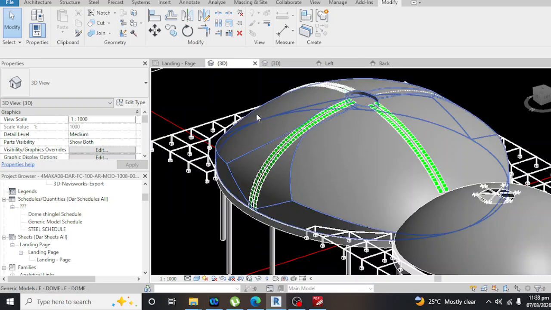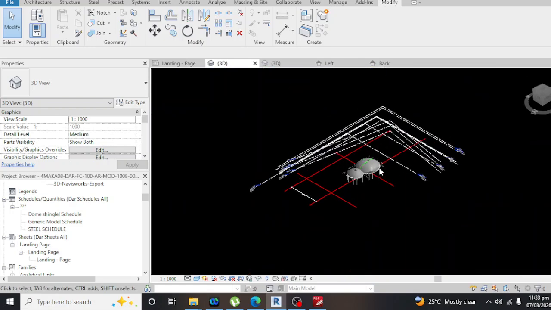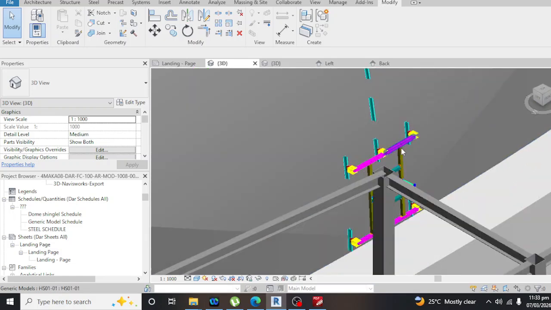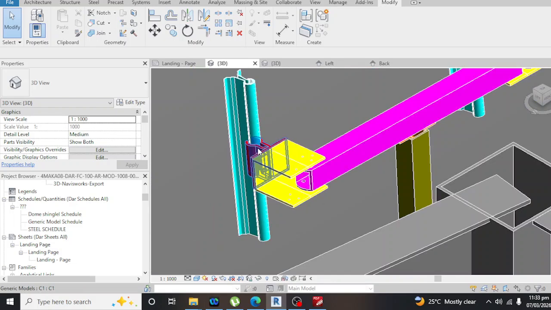Where's the other end? There it is. Like this. There's the clamp, the U channel,